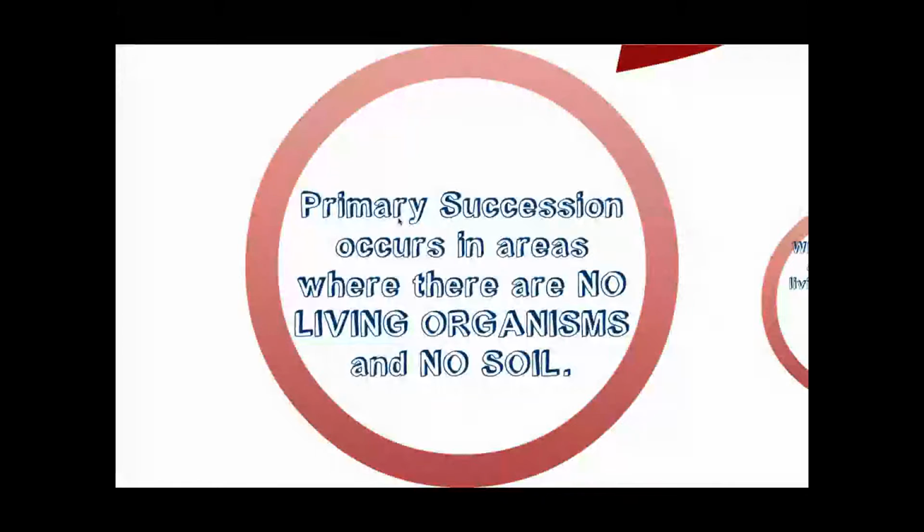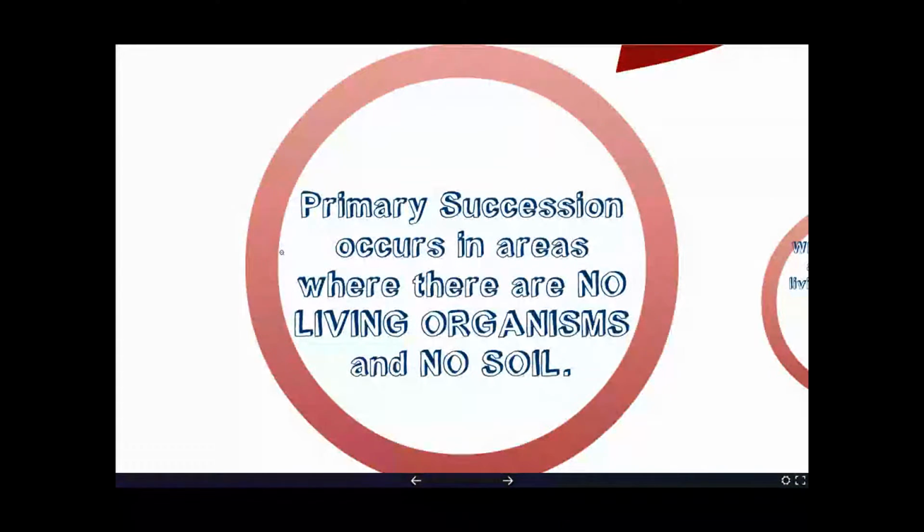Primary succession is succession or ecosystem growth that occurs in an area where there are no organisms and no soil. So this is an area that might have nothing but bare rock. You could think of this as an ecosystem that's growing from the very start. Primary succession doesn't happen too often because there are very few areas where things grow where there's no soil. In fact, for almost any ecosystem to exist, you need soil. There needs to be some place for the plants to grow and to get their water and nutrients from. So no soil usually means that there's going to be no growth.